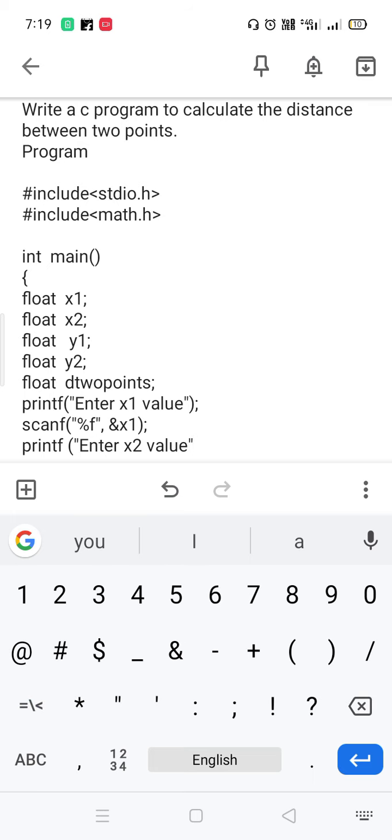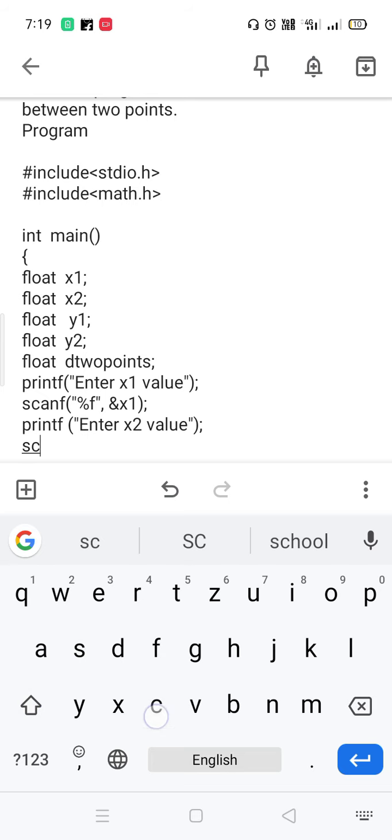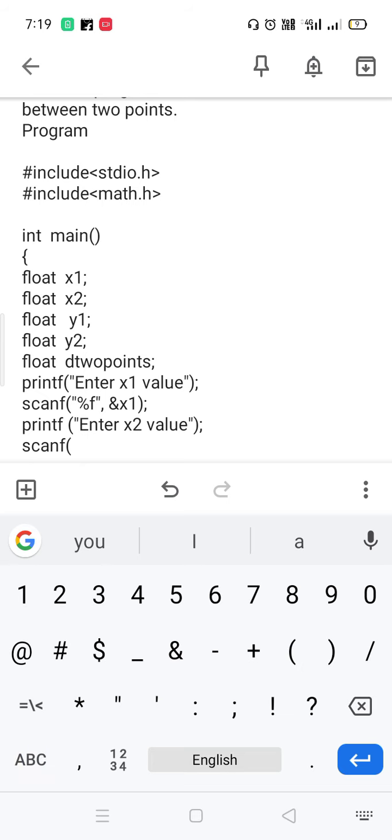Enter x2 value, closing the bracket, semicolon. You need to understand where the spaces are required, where the commas are required. Next, scanf, S is small letter, scanf is a single word. After scanf, there is no space, immediately give the bracket, and within the double quotations, you need to give the